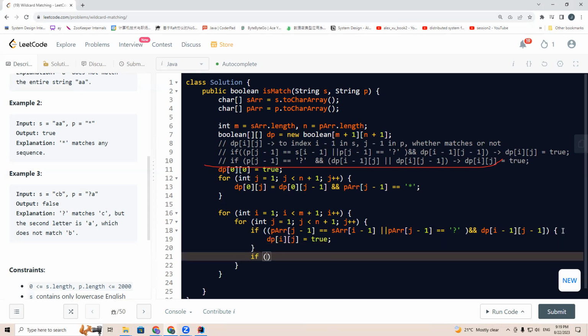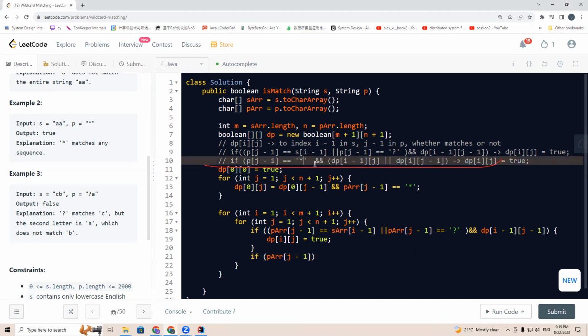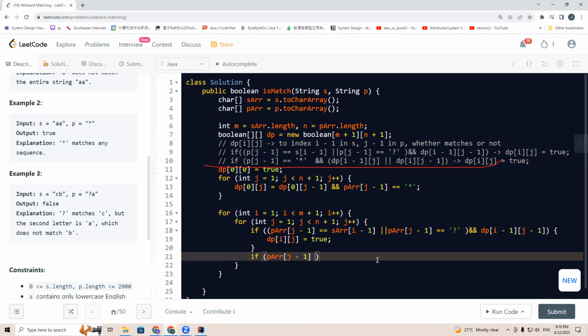And also if P array[j-1] is a star sign,